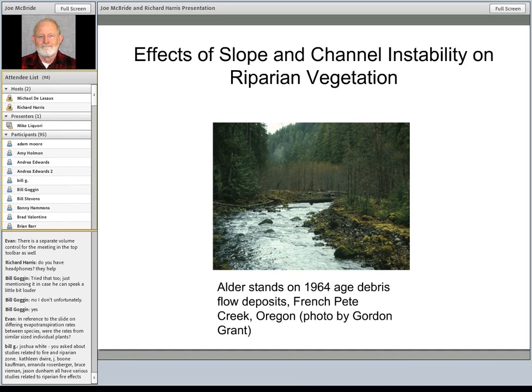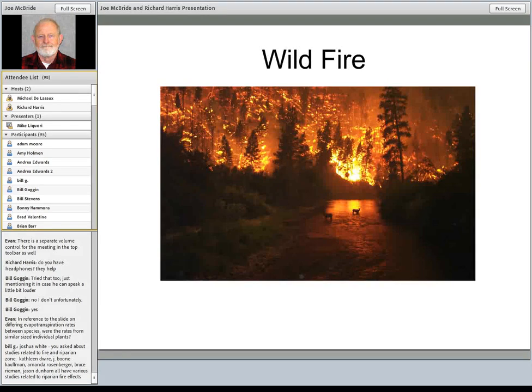Here's an example of alder stands occupying a 1964 debris flow in French Pete Creek in Oregon. You can see they've come in quite thickly onto these flows. The next slide